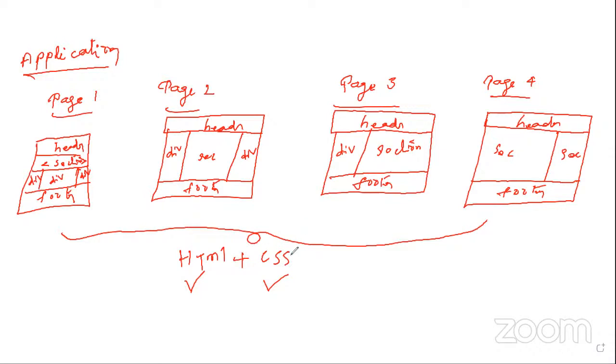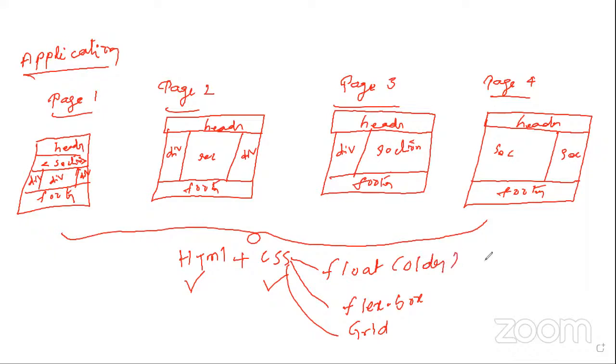In CSS, in order to create a layout, CSS has the float property. Float is one example. CSS also has flex box. CSS also has a grid system, CSS grids. Now float is an older concept. We don't want to talk much about this today. This is the older way, and you can even divide your page into multiple partitions using float, but this is an older way. Now flex box is the one which many websites have used, and grid also sometimes we are